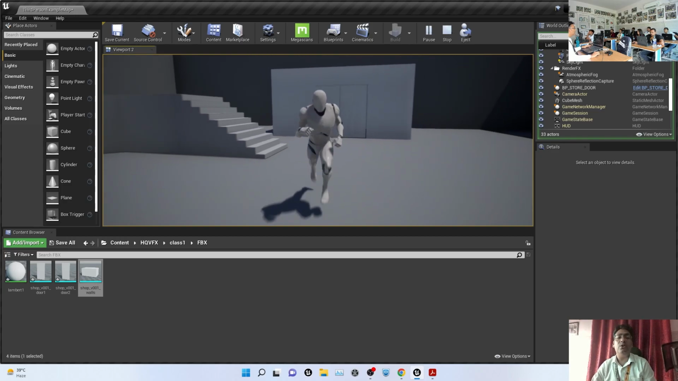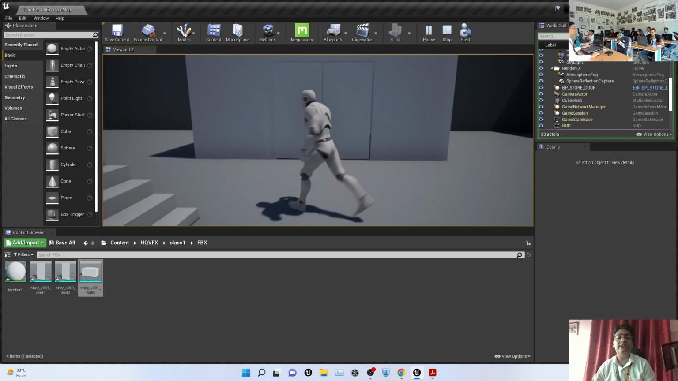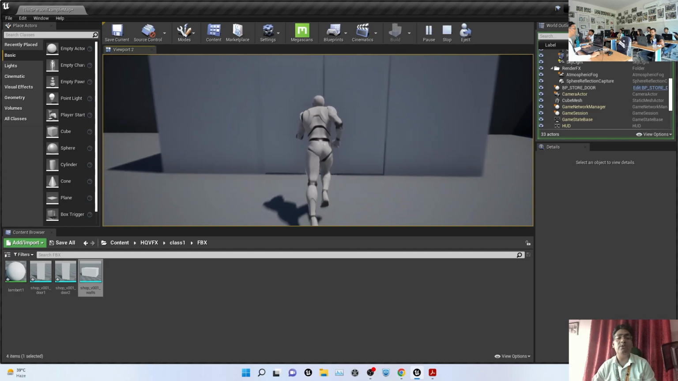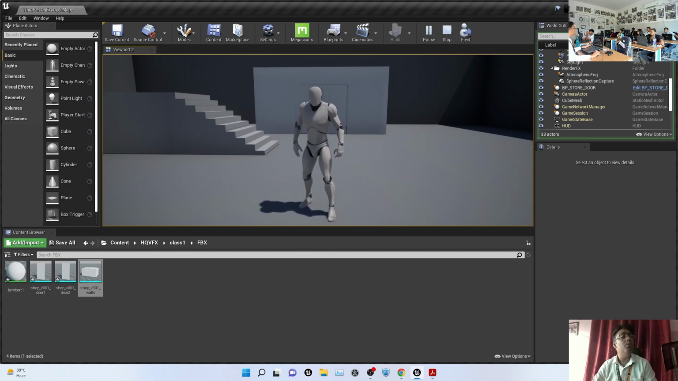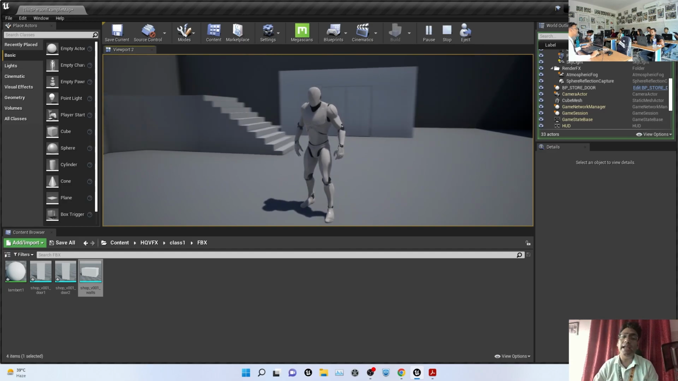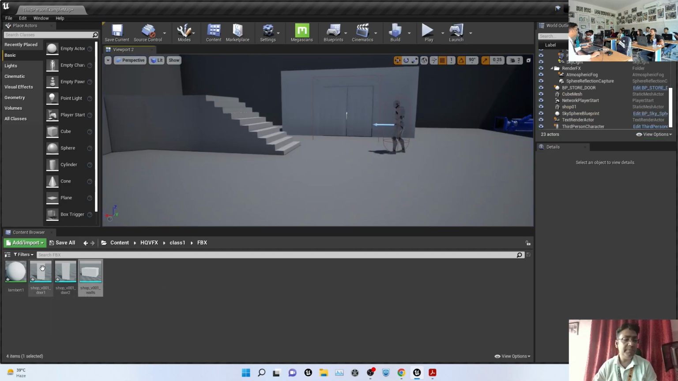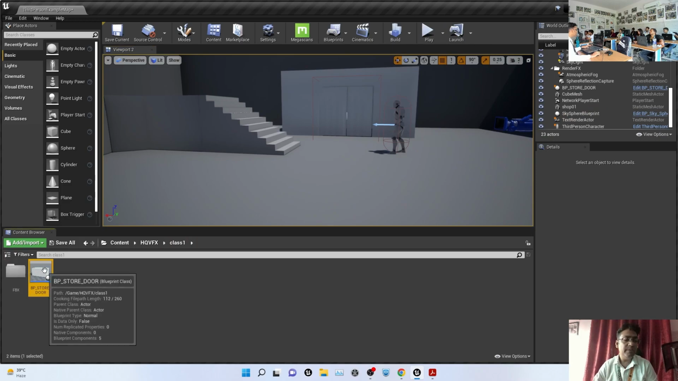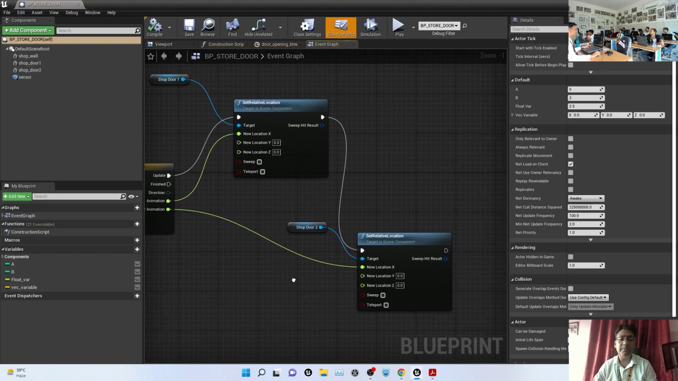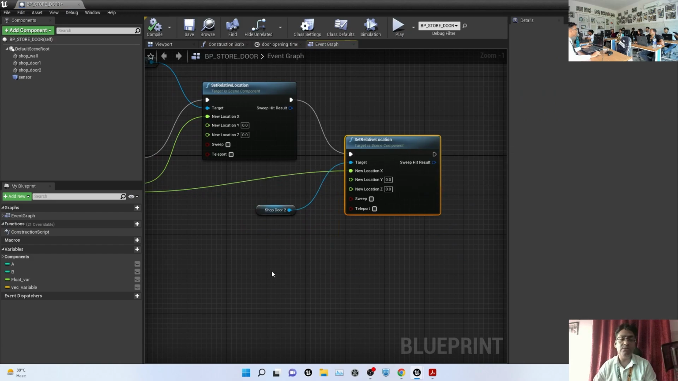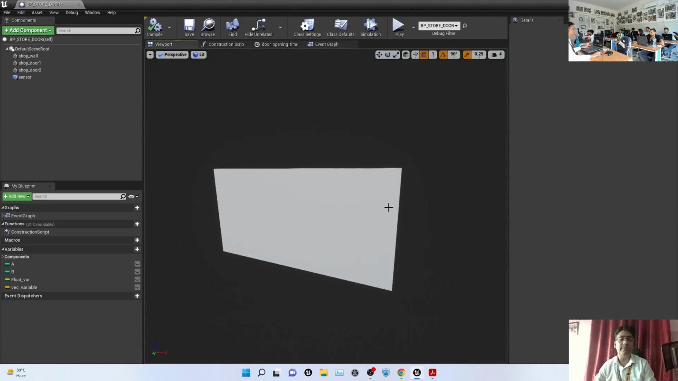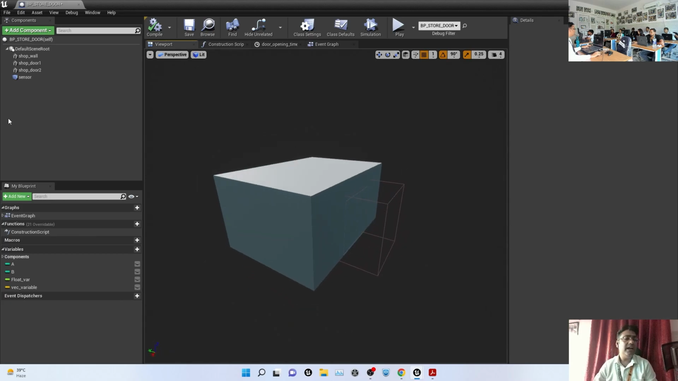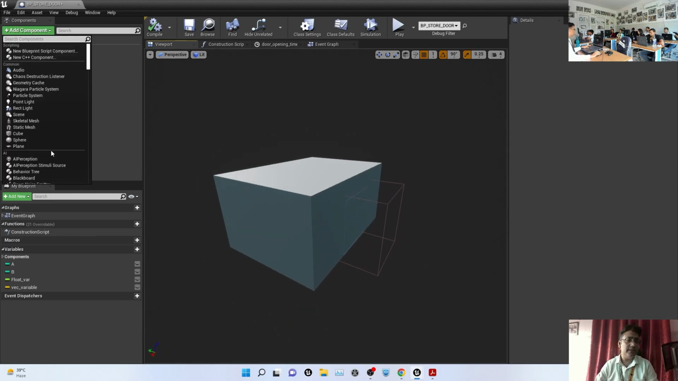So now we have almost reached a place where we can say that our asset is kind of ready. Now what else? To make it more interesting, we can add a light here. Let me open this BP store, and this is our logic so far. To make a light, go back to the viewport tab, and in the viewport tab, add component and create